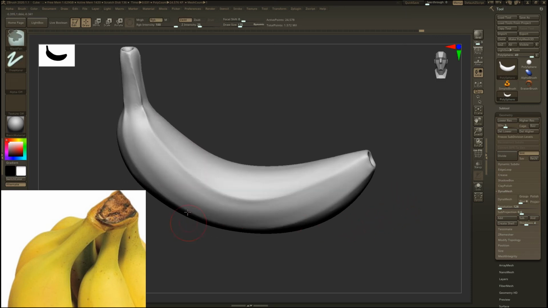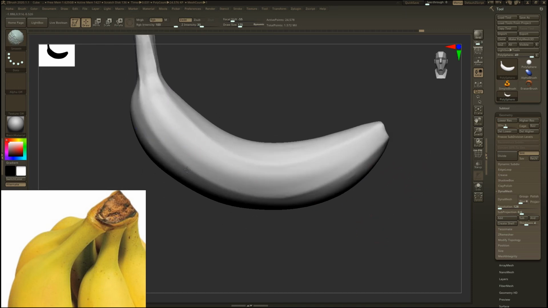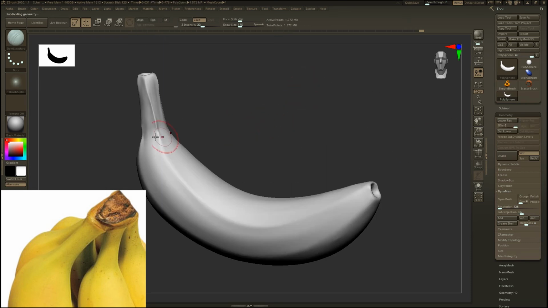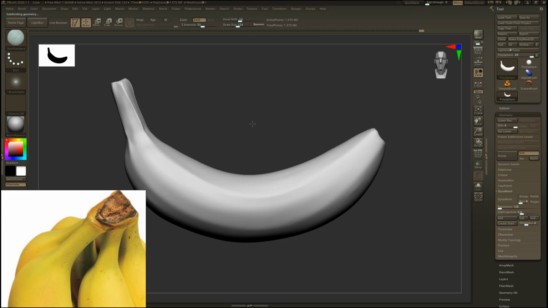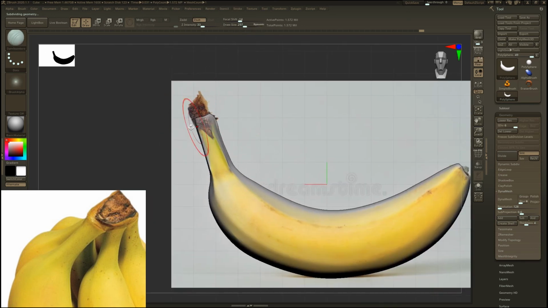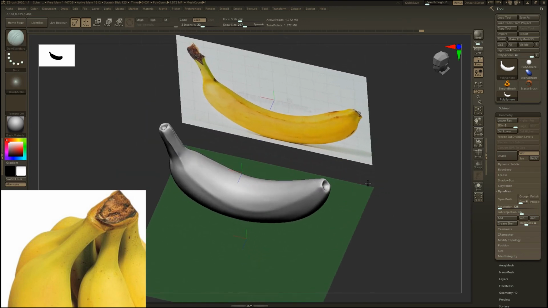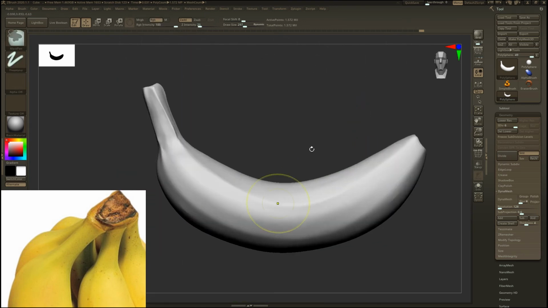Do not copy me, just try to make your own strategy for how to make different surfaces. You have to build your brain and muscle memory to be a master in sculpting. And it is only achieved by practice and conscious learning from different resources like ArtStation, Polycount, ZBrushCentral, or 3D Total. There are many more, just Google it. You see they are detailed, but I kept this video very simple as you are learning.